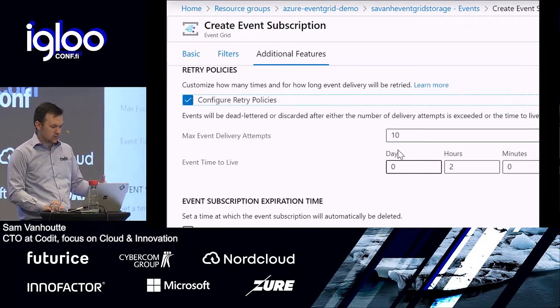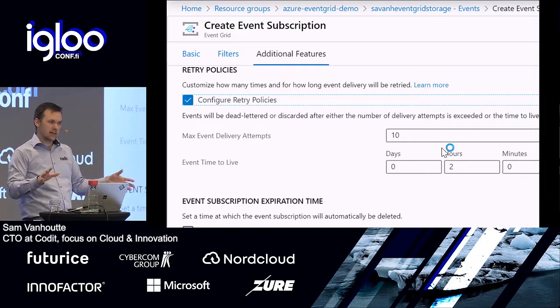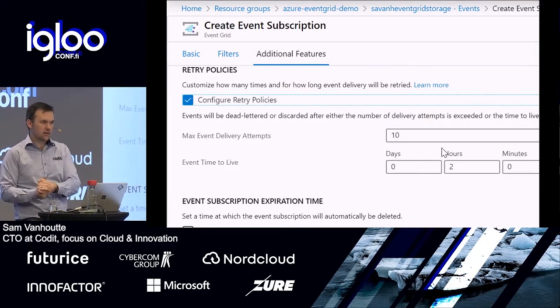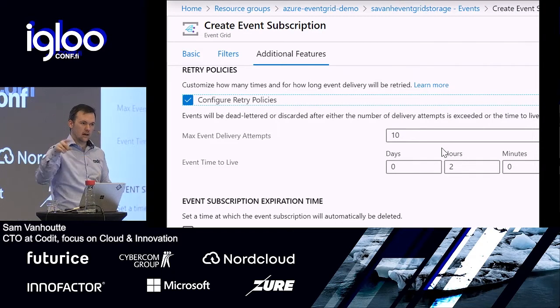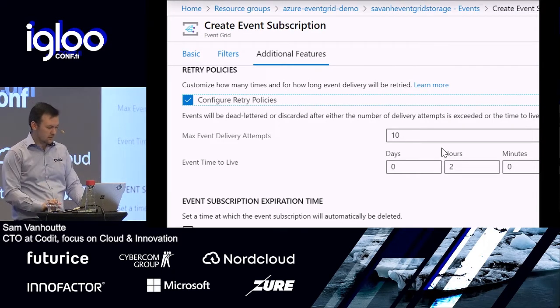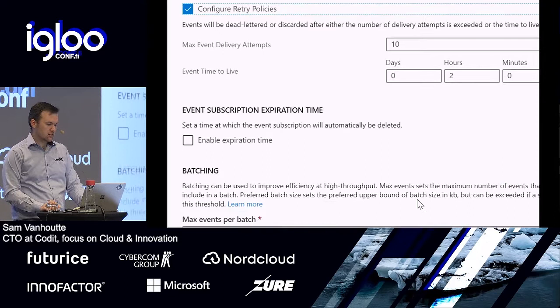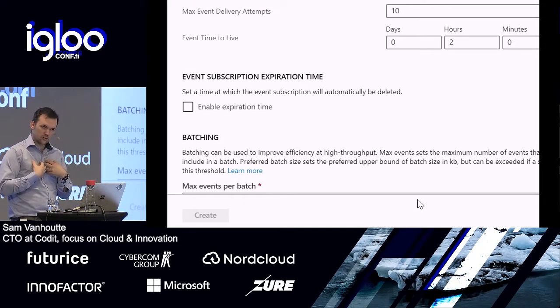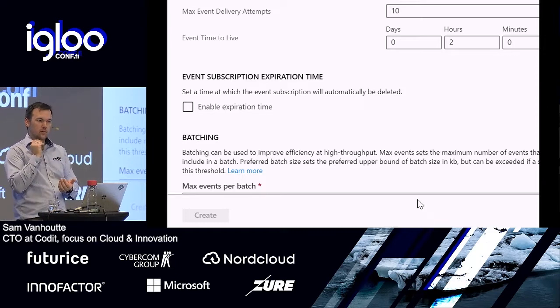Then you have the retry policies, as I said. So this is the standard policy that I explained. You can fiddle with that. You can say an event has a time to live, like the event after the time to live will be dead lettered. And then you have the subscription expiration, which is quite easy to do for demo purposes, where you say, okay,